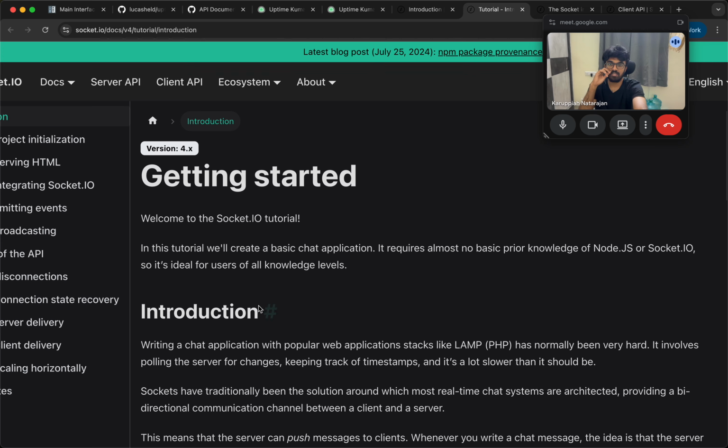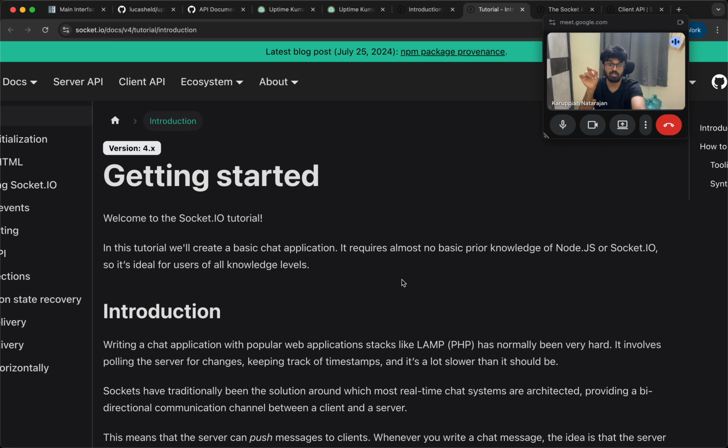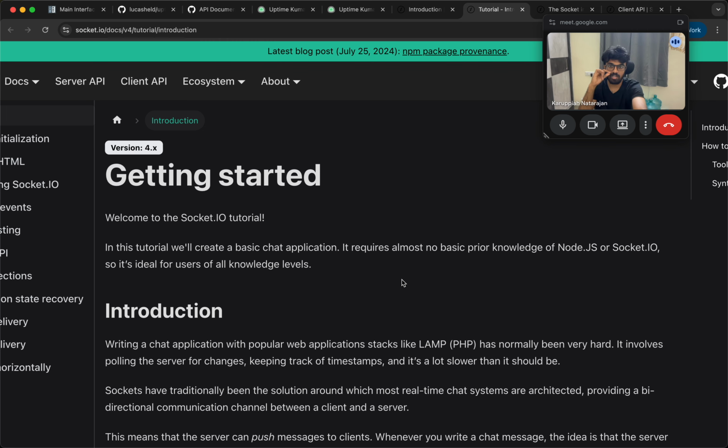Cool. So it says welcome to the socket.io tutorial. In this tutorial, we'll create a basic chat application. It requires almost no prior knowledge of Node.js or socket.io. So it's ideal for users of all knowledge levels, right? Writing a chat application with popular web applications like LAMP, which is Linux, Apache, MySQL, and PHP, has normally been very hard, right? So chat application using usual stacks involves polling the server for changes, keeping track of timestamps, and it's a lot slower than it should be. Sockets have traditionally been the solution